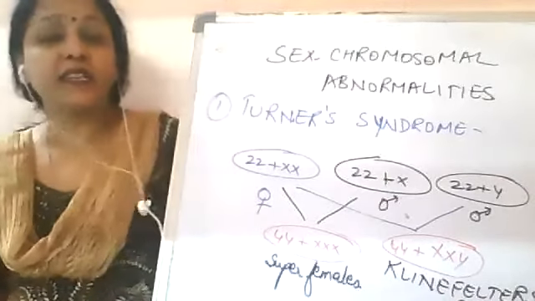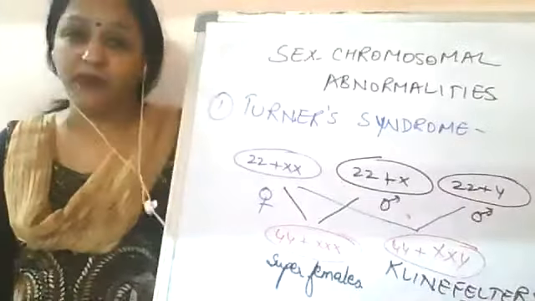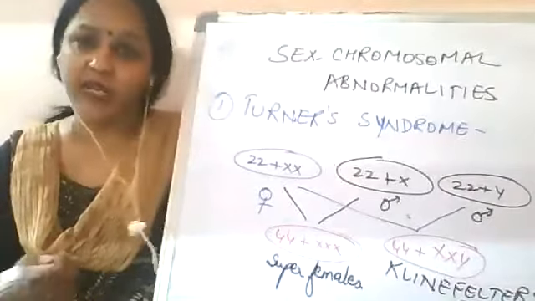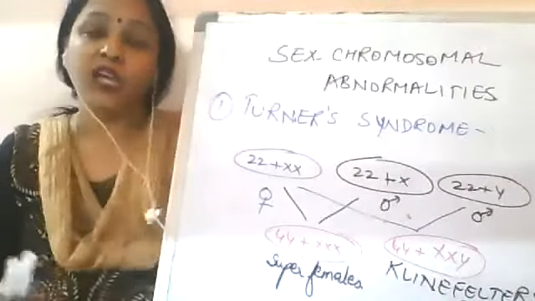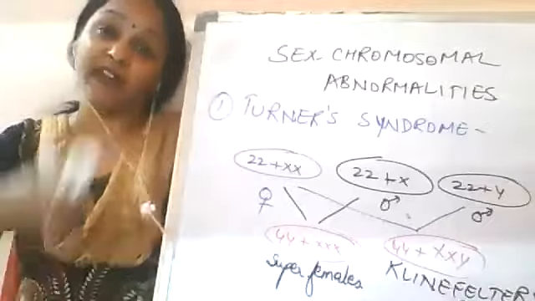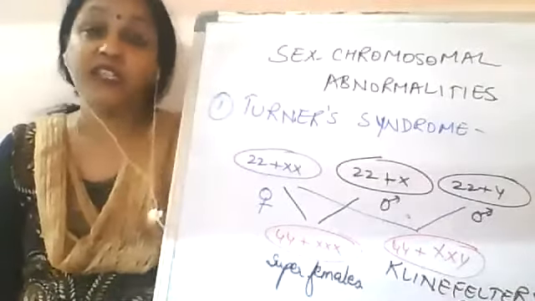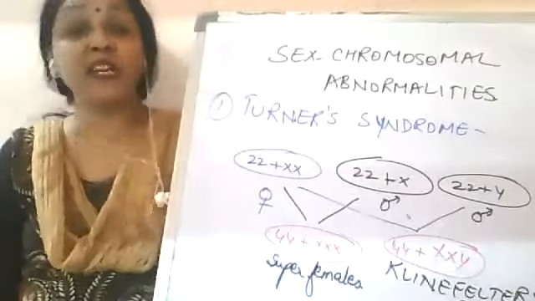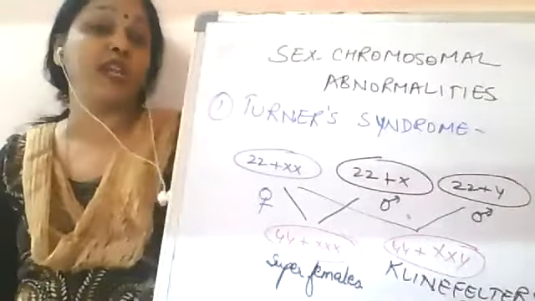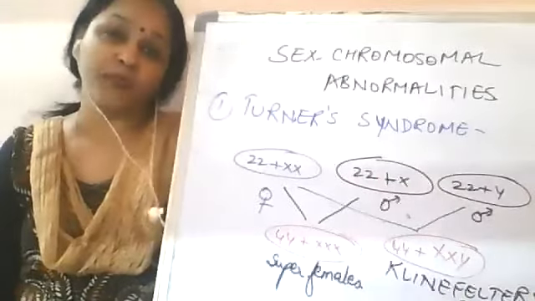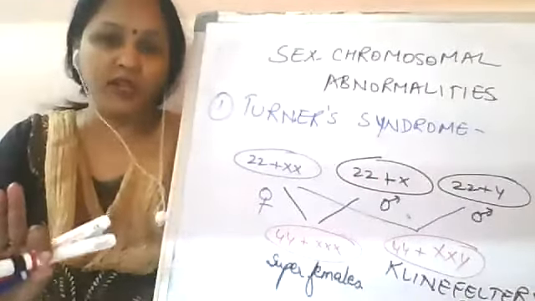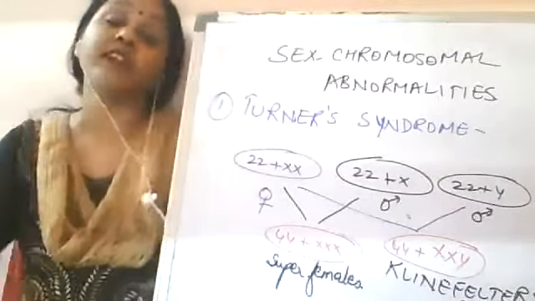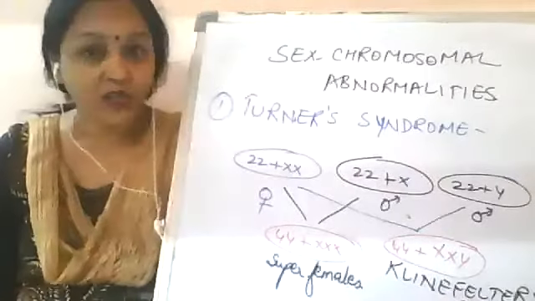But see, in this case, of the eggs which will be produced, one will have 2 X chromosomes, and one will have a normal single X chromosome. If it fuses with a normal Y chromosome, it can result in Klinefelter syndrome also. So that means they have normal fertility, but the child can be subjected to many diseases because of the unique combination or trisomy of the X chromosome present in them. They themselves will be normal. They will give birth to children normally, but those children can suffer from genetic diseases. Okay, is this clear, Aditya?